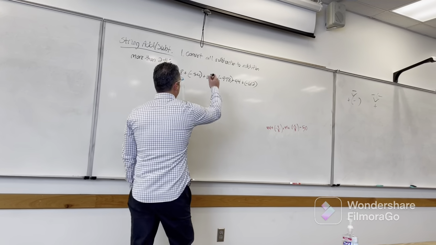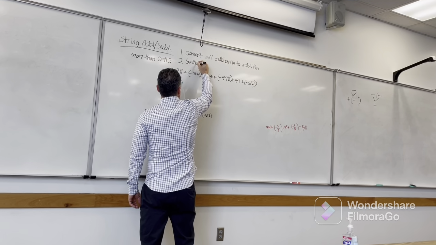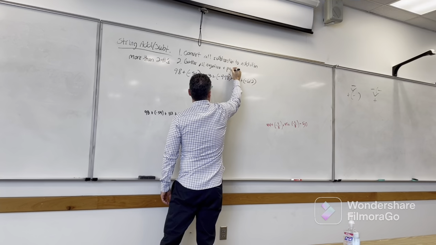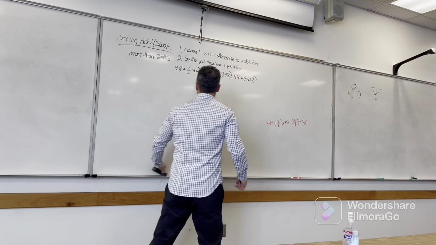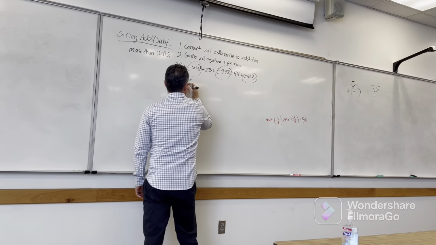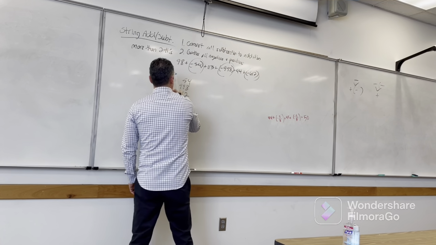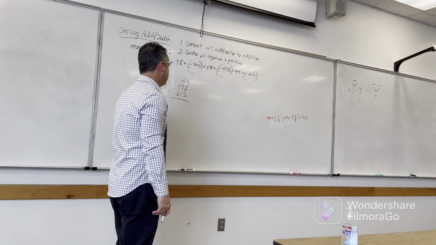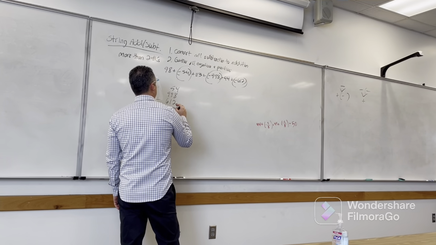But on this right here, you convert all subtraction to addition. It's already been done. Second thing I would do is gather all my negatives and my positives separately. So think about this. This is a negative 54. This is a negative 998. This is a negative 612. So I can take 54, 998, and 612 and add them all together. Do it on a calculator, please. Really, seriously, do not do this on your own. This becomes